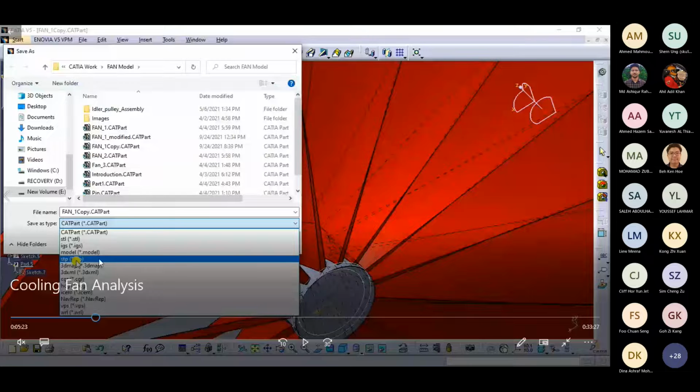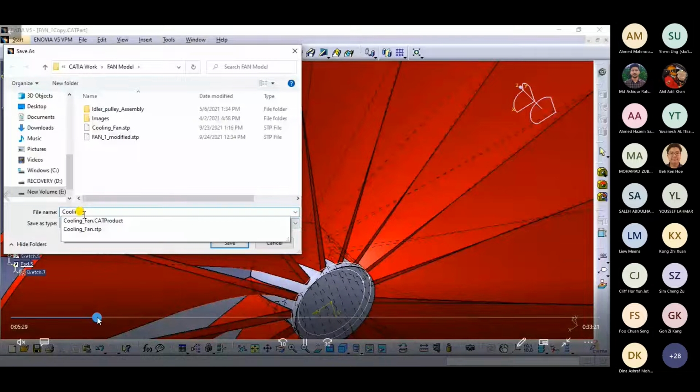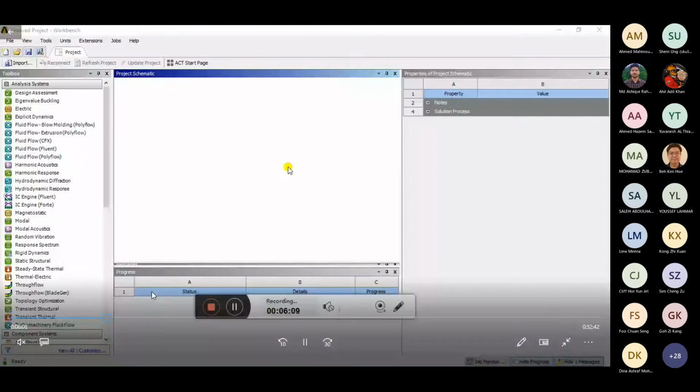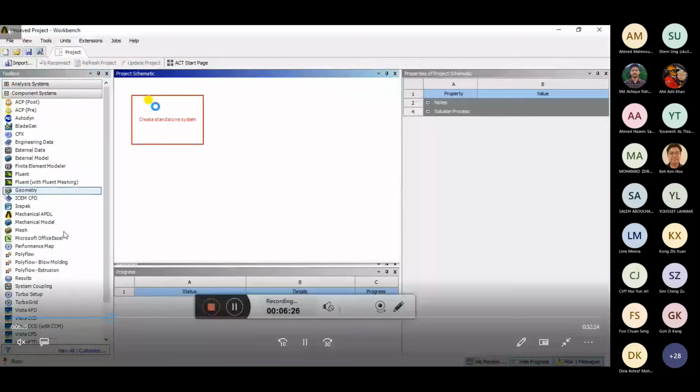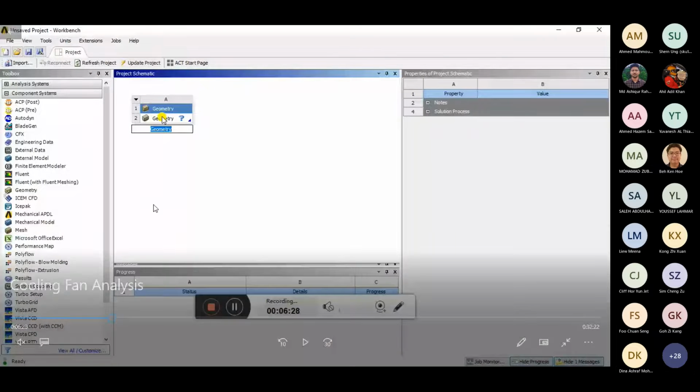Then you can just rename it and click on save. It will take some time to convert the data, and then you can easily import this geometry in your geometrical setup. So again, coming back to ANSYS, you drag the Fluid Flow Fluent from here in analysis systems. But before that, as I wanted to make some geometrical preparations to be on the safer side, I only drag the component system, the single component, as geometry here.